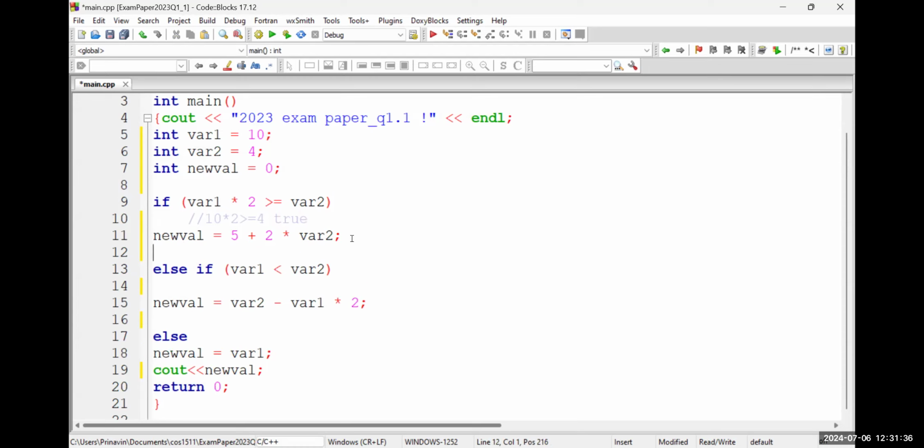So in line number 11, it's got 5 plus 2 multiplied by variable 2, which is 4. Which is actually 5 plus 2 times 4, which is 8. 5 plus 8, which is 13. Now, it's got to 13, and then it goes to the next statement. Does it go to the next statement now? Right, so it did that. Then this statement says,